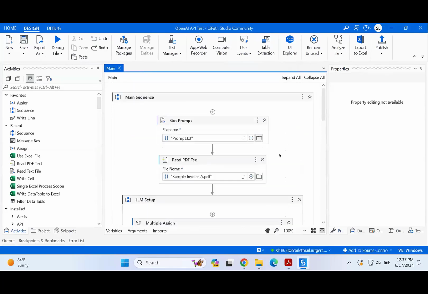So I think that's the beauty of combining a large language model with RPA. You can get anything you want as long as you write your prompt properly and define your output very clearly, so UiPath can use this output directly and perform more tasks based on that structured output. So with this demonstration,